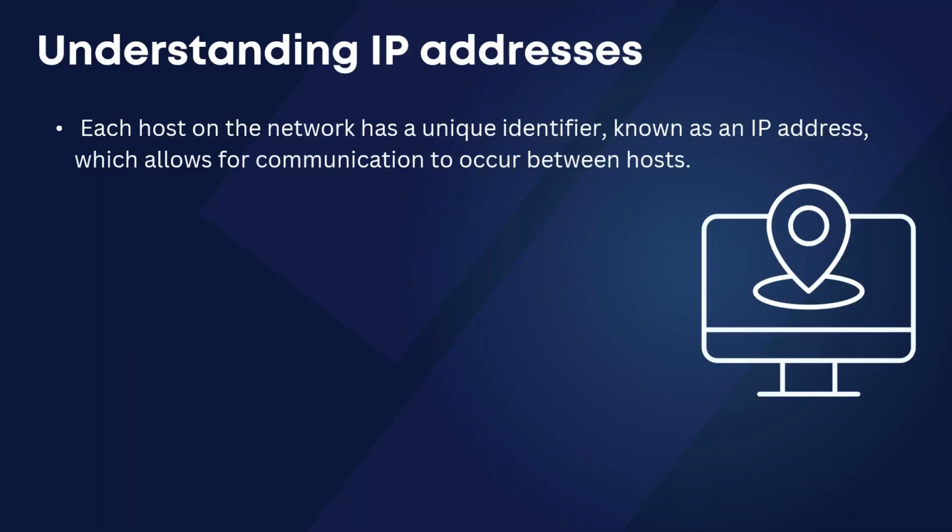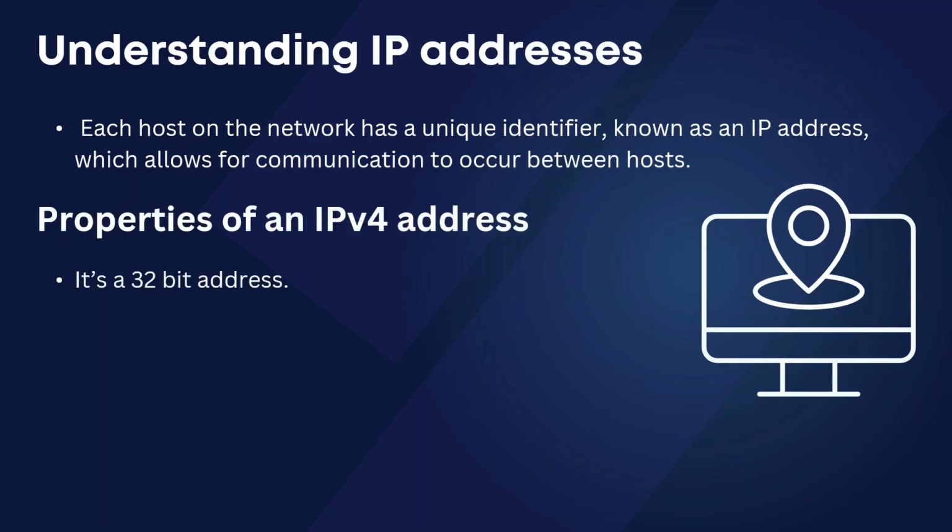Okay, now this IPv4 address specifically has a few properties to it. First things first, this is a 32-bit address. What I mean by 32 bits is that each bit is either a value of 0 or 1. So the maximum data it can store is these two characters, either 0 or 1. Okay, that is the smallest data structure a computer understands. Okay, and your IPv4 address contains such 32 zeros and ones.